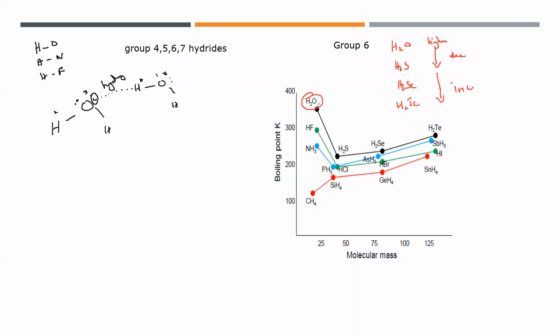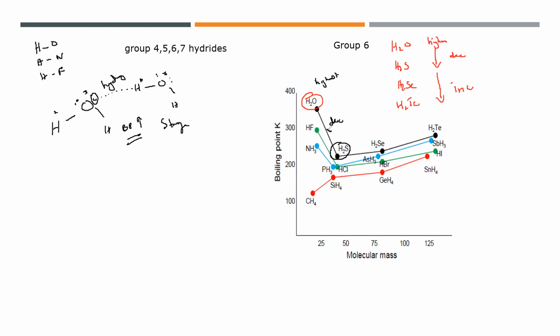And I told you hydrogen bonds are stronger. There are other forces, dipole forces and dipole induced dipole forces, but in this case the hydrogen bond is the strongest. If the bond between the molecules is stronger, what happens to the boiling point or melting point? It will increase. Stronger bond is there, hydrogen bond is there. That's why water has the highest boiling point. But moving from water to hydrogen sulfide, the boiling point decreases.